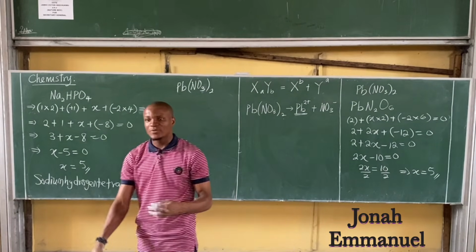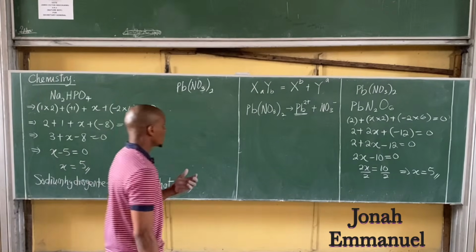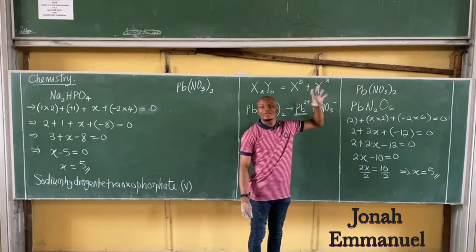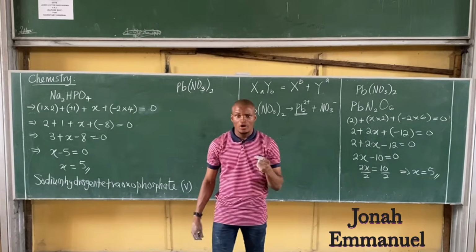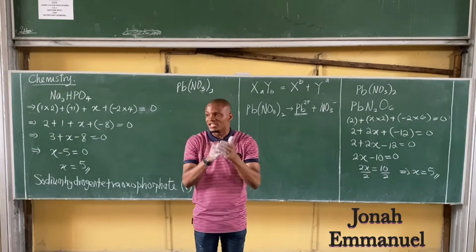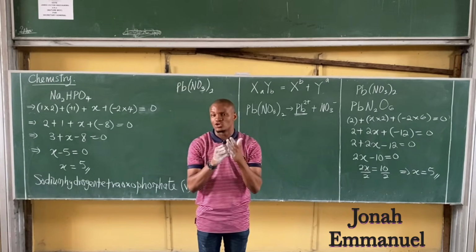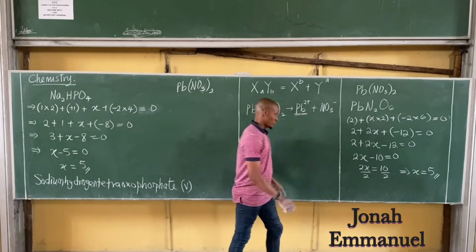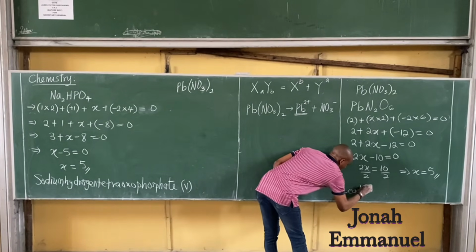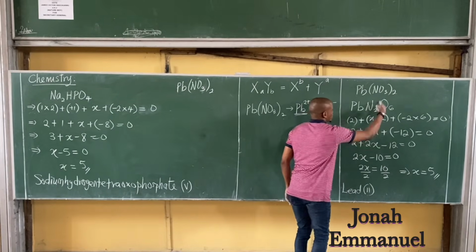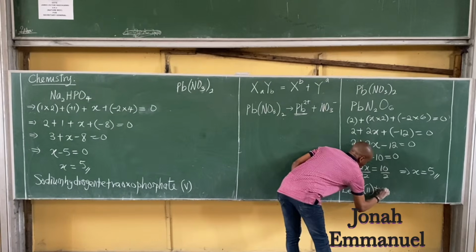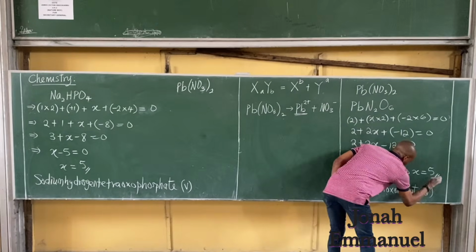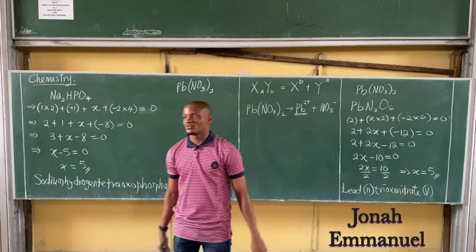How do we now name this? When it comes to the naming, I said I'm having elements such as lead, copper, chromium, having varying oxidation numbers. It's important you indicate the particular ion you use. In this case, for the lead, was it lead 2 or lead 3? Lead in bracket 2, then called trioxynitrate. How many here? 5. Complete. Not just lead, 1 and 2. But